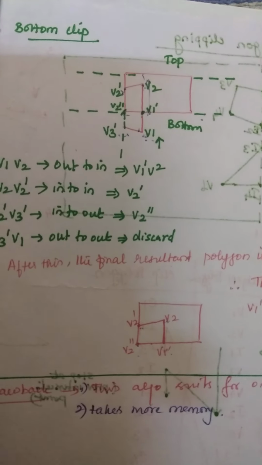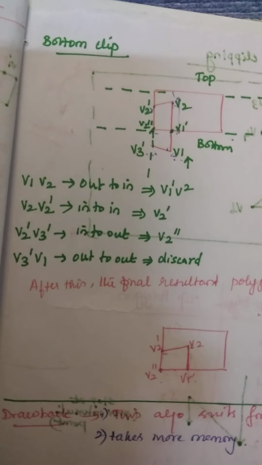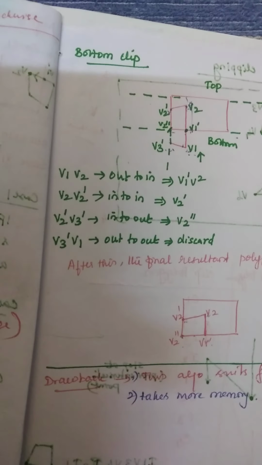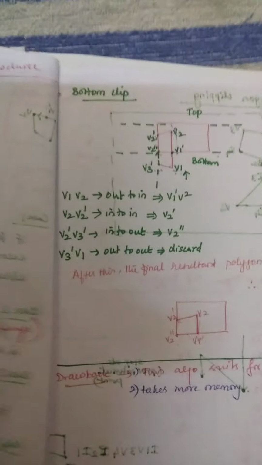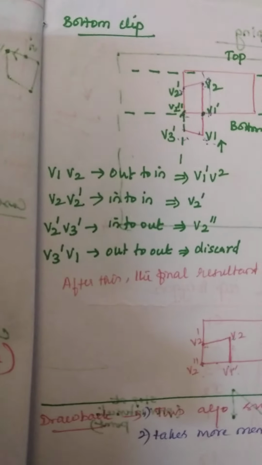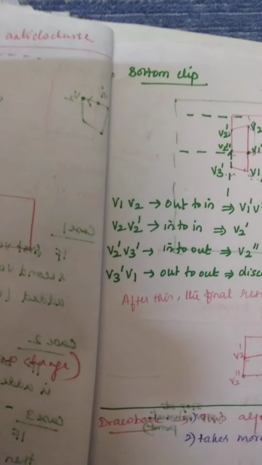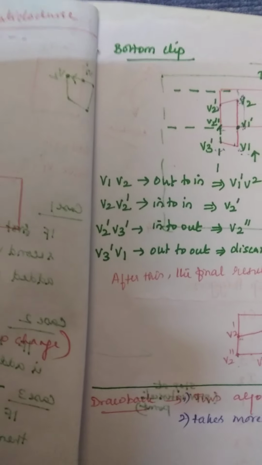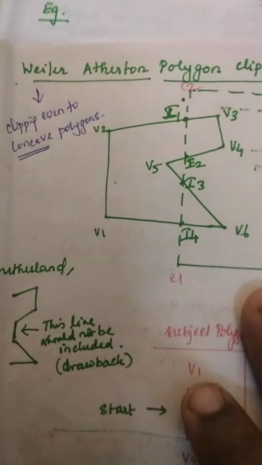This algorithm has a few disadvantages also. It takes more memory. Therefore, wastage of memory for storing intermediate points. But the Weiler-Atherton clipping algorithm is more advantageous than this particular algorithm. Its memory is not being wasted much. This is the drawback here.